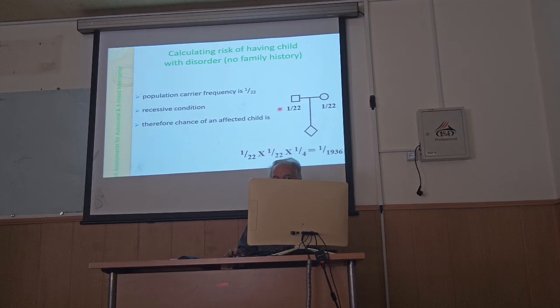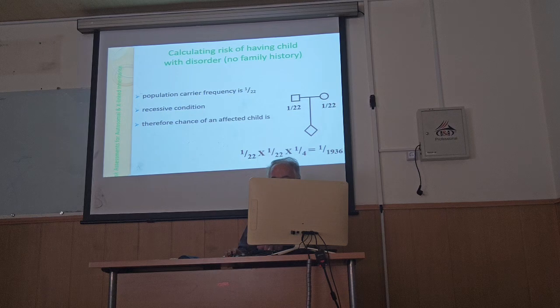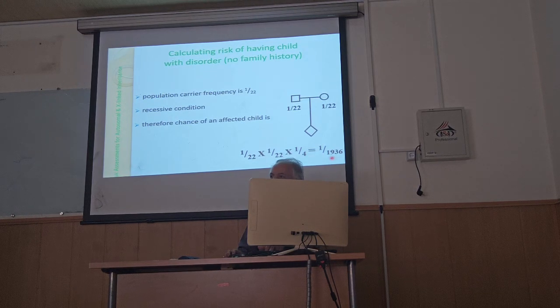The frequency is 1/22 multiplied by 1/22 multiplied by 1/4, which is about 1 in 1,000. This is the risk of actually having an affected child if there is no